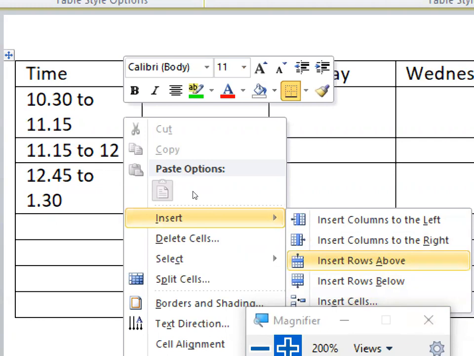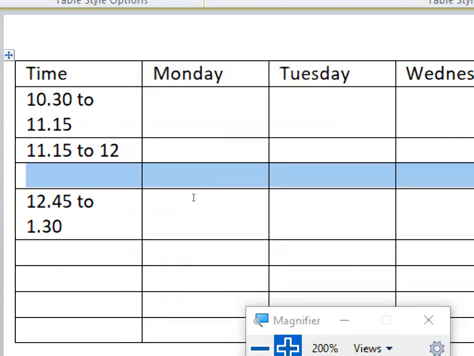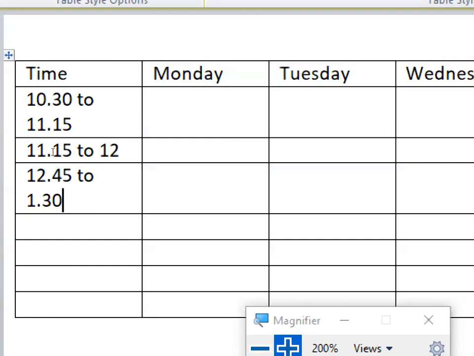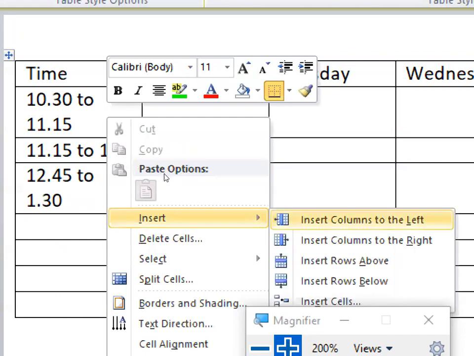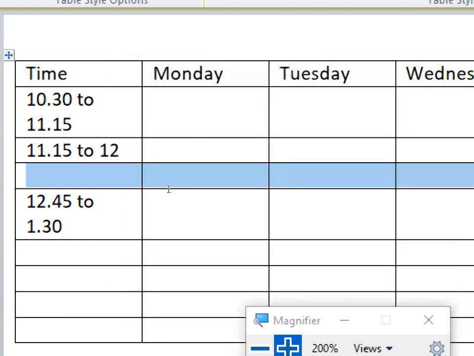But I want a row below. So I will select rows below. A row will be created. Or for example, if you are currently at this particular row and you want to add a row above, I can select on this, then right click, insert rows above. You have two options.